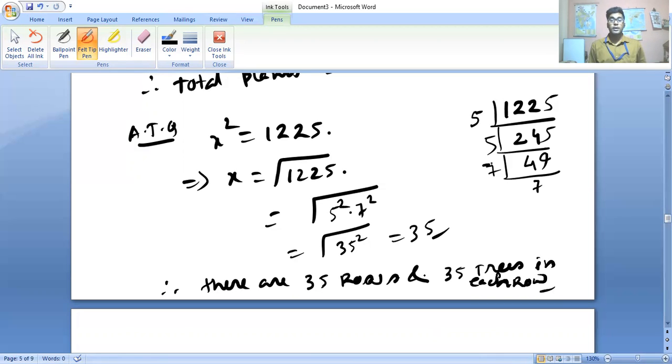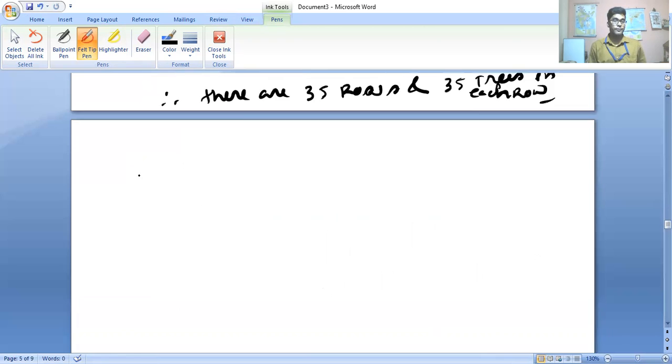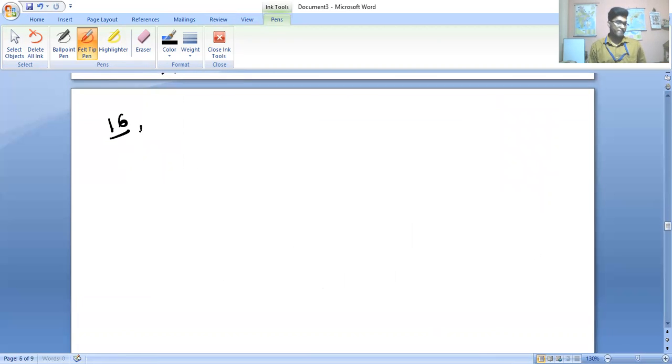Fine. Let us do question number 16 then. So it says the students of a class arranged a picnic. Each student contributed as many rupees as the number of students in the class. The total contribution is 1156. Find the strength of the class. Again, same way like the previous one. Suppose there are x students, so they gave x rupees each. The total will be x square rupees. So we need to find actually the square root.